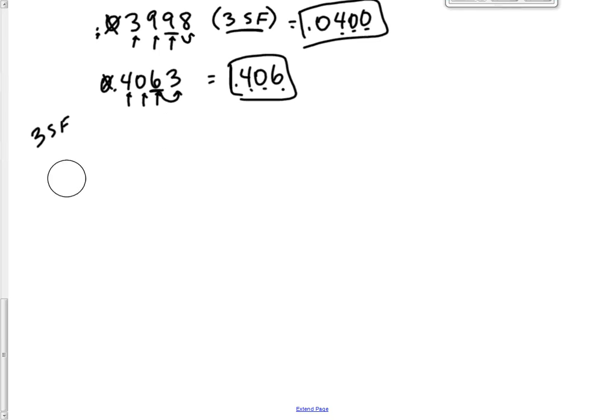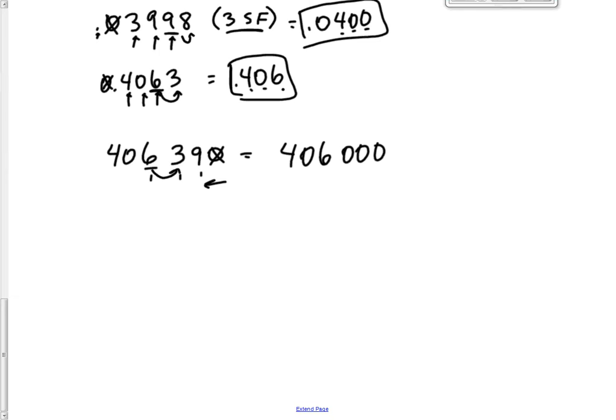My fault. Let's go back. Let's say that our number is actually 406,390. Okay, now we're still going to go from the right to the left, and we're going to skip that 0. So we have 1 here, 1 there, and this is our 3rd significant figure. Okay, so the 6 is our 3rd significant figure. We're going to look to the 3. The 3 tells the 6 to stay the same. So our answer is going to be